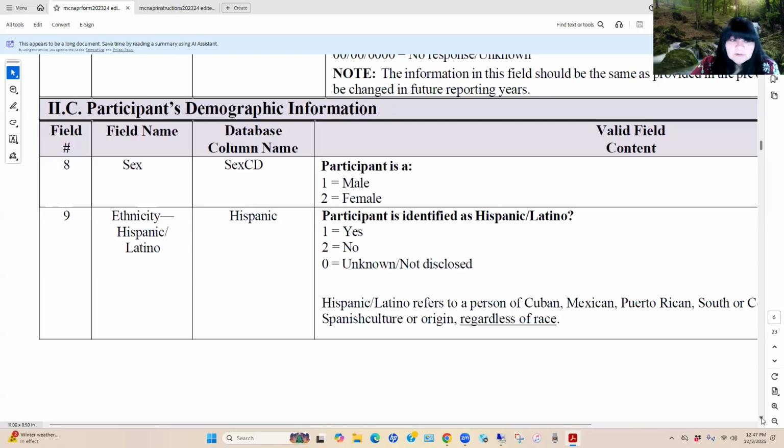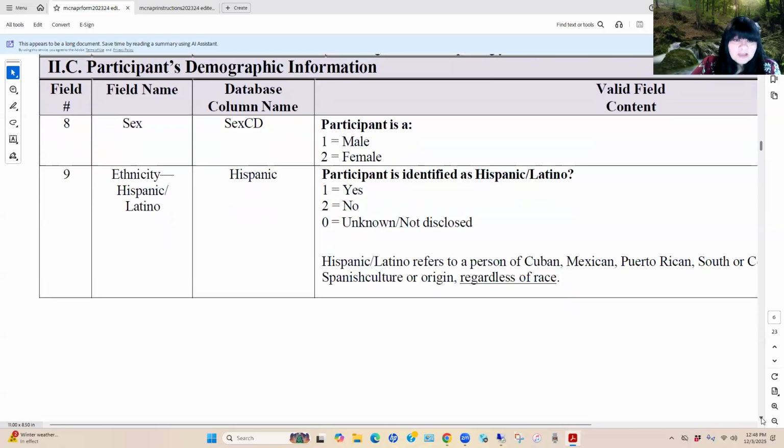And then if the participant is Hispanic, then you are asked within the next few fields, the race fields, to identify the student's race and or social criteria of how the student has self-identified.